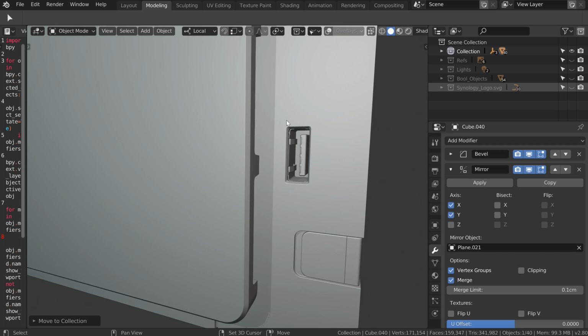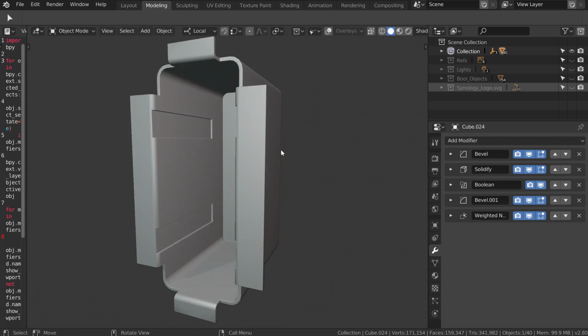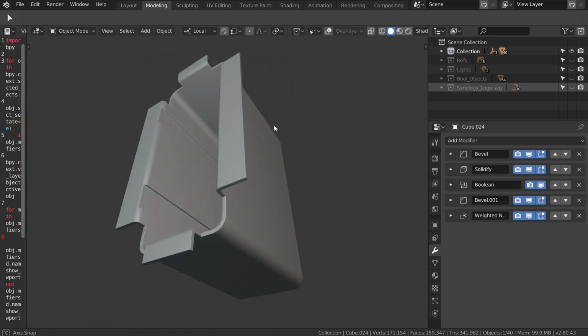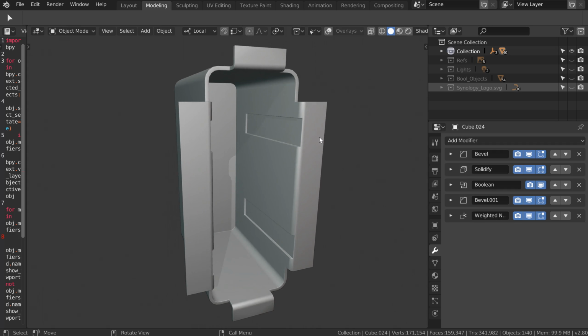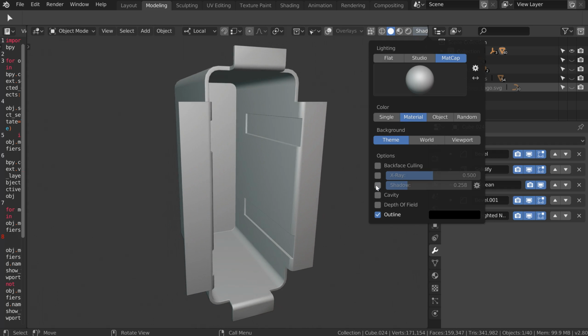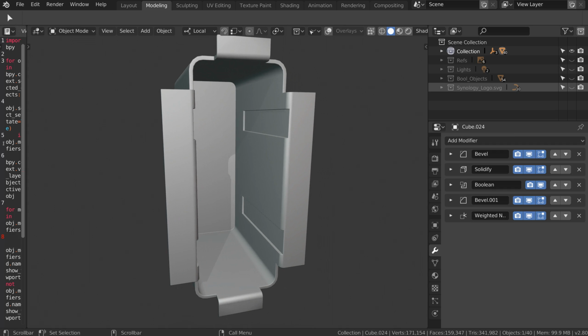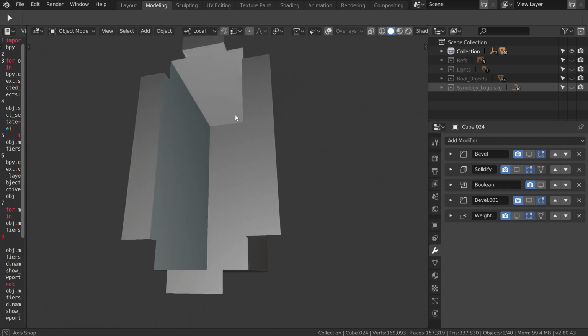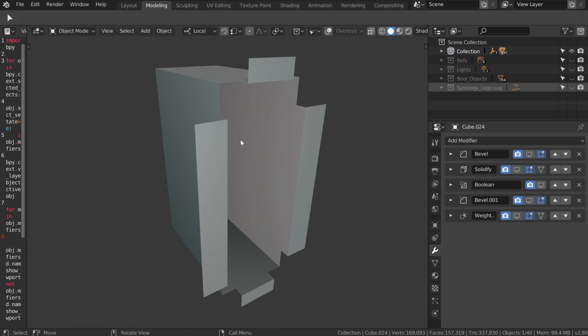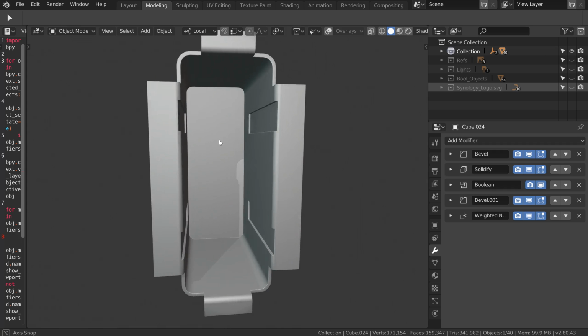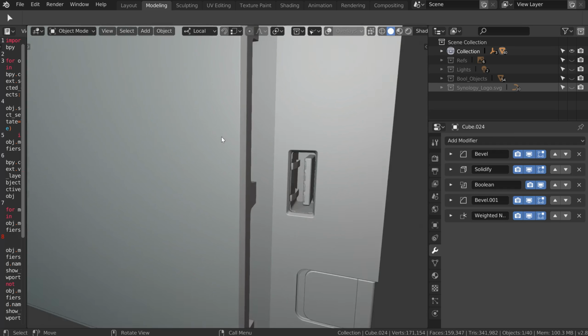Also, everything is editable. If I select this one, as you can see, this is that. So you have some details. I can hide the shadows to avoid this, and if I select this one and I hide everything, as you can see, this is just that. So with the modifiers you will have this result.